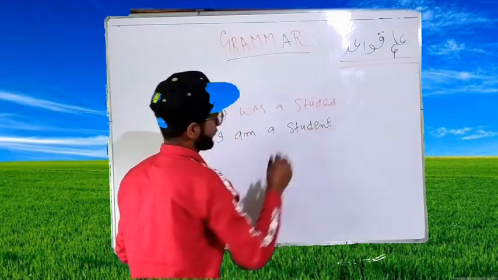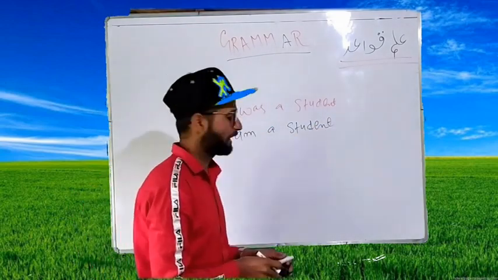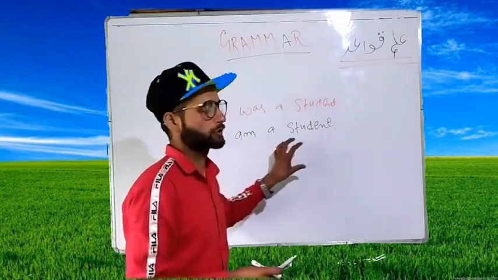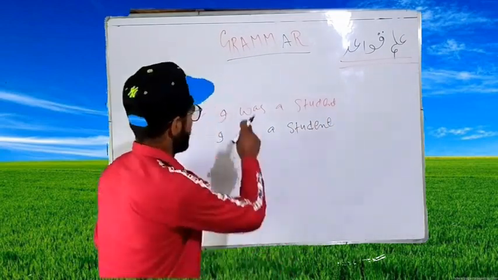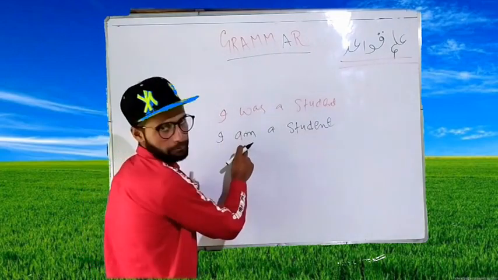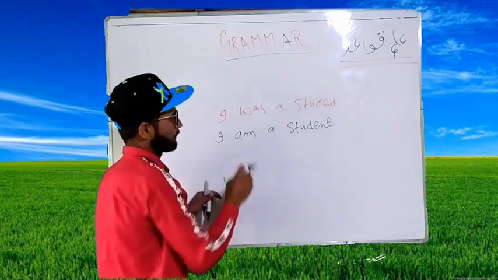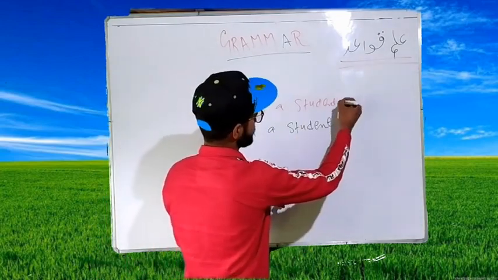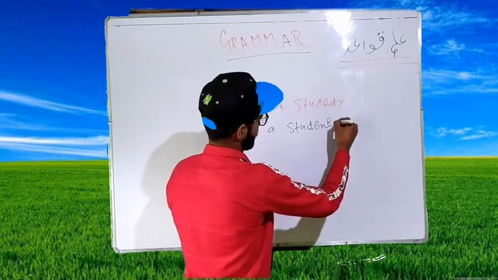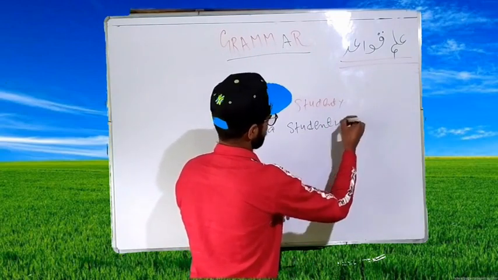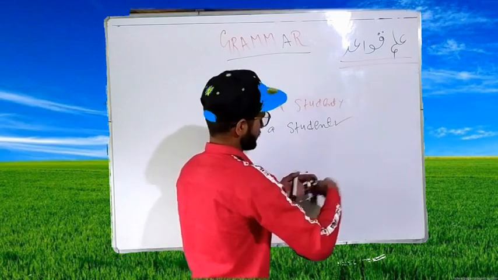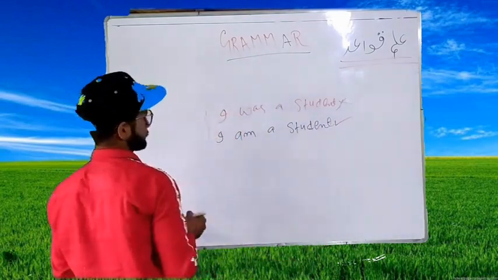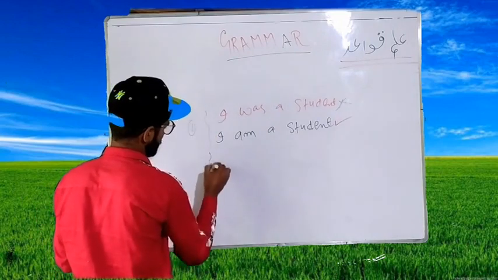This is right. This one is wrong. Why? Because it means मैं एक स्टूडेंट था, but this means मैं एक स्टूडेंट हूं. Instead of was, I have to write am. That is why this is incorrect. This one is incorrect. This one is correct. दूसरी एग्जाम्पल, दिस इज फर्स्ट एग्जाम्पल. सेकेंड,